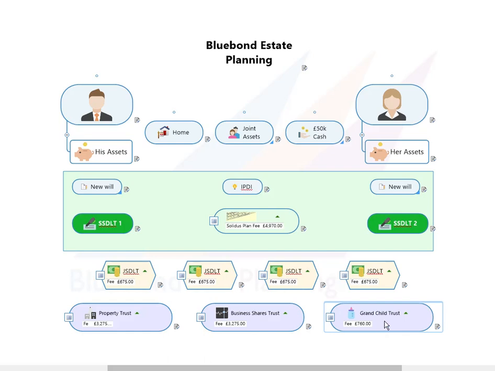So this trust is set up specifically to make gifts to your grandchildren, maybe during lifetime, for education fees, university fees, that kind of thing, because it's very effective in that you can gift assets into it. Those assets grow tax-free, and effectively they were put in something like an offshore bond, and then when your grandchildren are old enough to need the money for their university education, for instance,